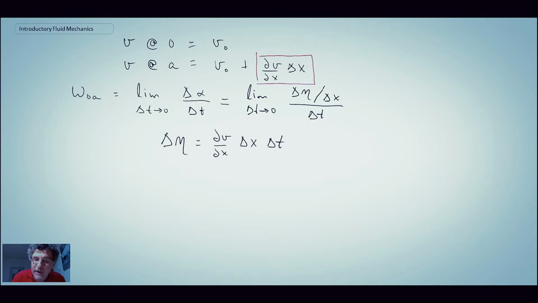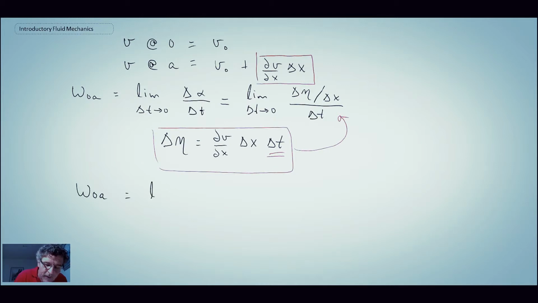That is the differential or the increase in velocity at A with respect to the origin. And then I multiply that by delta t, and that's how far A is going to move in a period of delta t. So I can take this and I can substitute it in to this expression up here. And when I do that, I can re-express my angular rotation